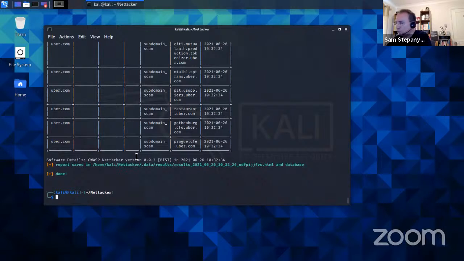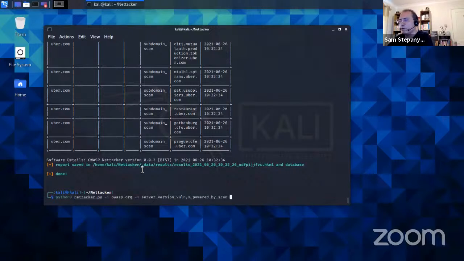One other thing that I wanted to show you is how you can combine the subdomain scan. This is the coolest thing about Nettacker, that it can combine the subdomain scan with another module. The way you can do it is you can perform a particular scan. So let me run a server version vuln, and I'm going to run it on, for example, OWASP.org first. And then I want to add X powered by